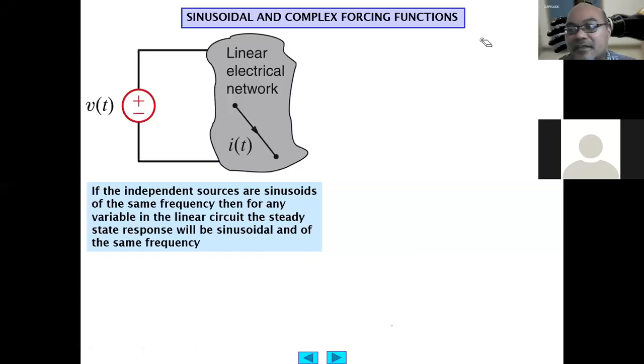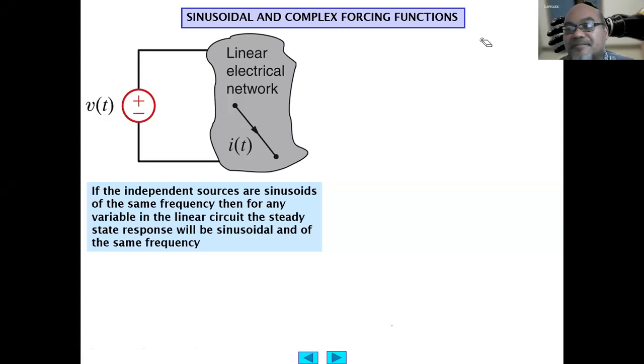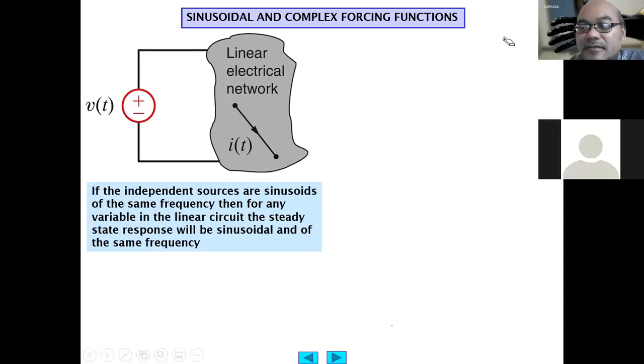Forcing function. So in this case, we will find out why we don't really need to take care again about transient response, about the switching function. Here, for example, if you have a linear electrical network, consisting of usually passive elements, resistor, inductor, and capacitor, then a voltage source, an independent source, is connected to that